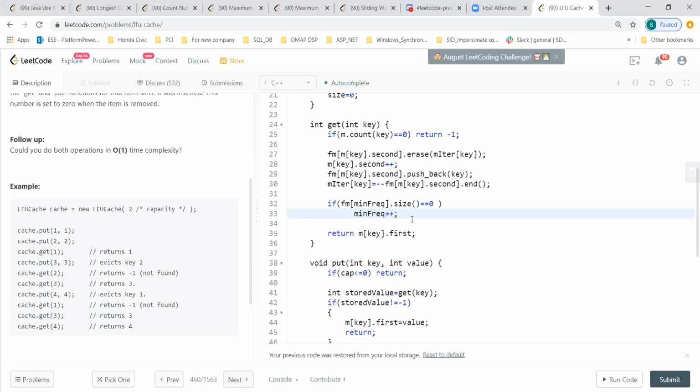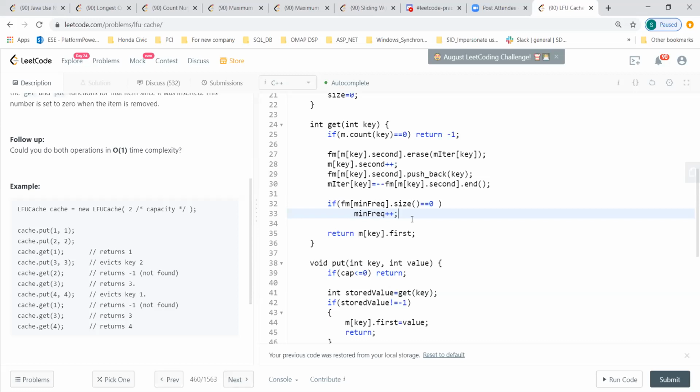So we incremented it, it became 2 minimum frequency. Is there an implicit guarantee in the problem statement that minimum frequency 2 is a valid value? I think yes, because the element which we try to get will get a frequency +1, so minimum frequency will also be +1. Yeah, and we might remove something there, and the bucket will still be there, right? Yeah.